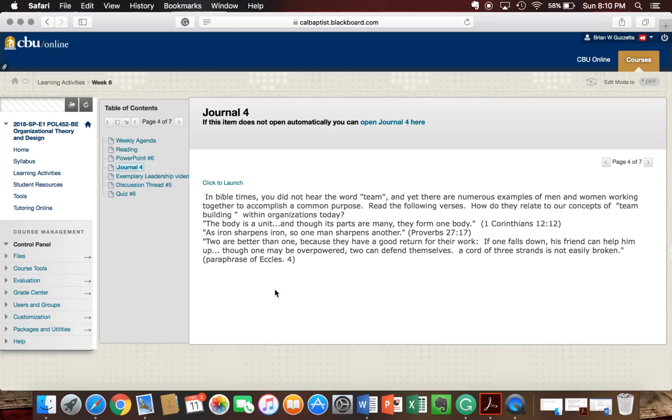And so I just threw together, or I found, just a few passages that I thought would relate for you. Please, don't limit yourself to my quick search and maybe my limited ability to find good passages. You can definitely go beyond that. But what I want is, how does our Christian perspective help us when it comes to the concepts of team, and then that team relating into our modern organizational structure? So read through that, maybe search for something that you feel is more applicable.